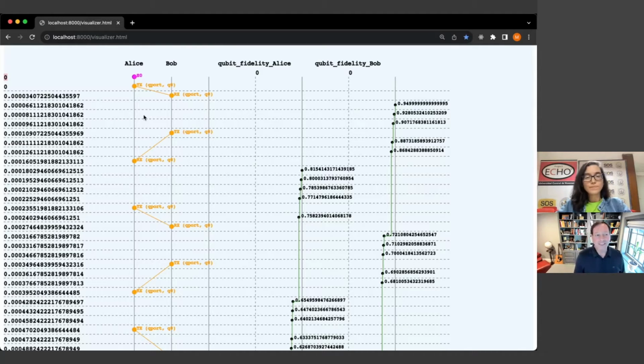Well, I'm no quantum physicist, but it looks like I see the ping pong effect there, and I understand what that means now. It's bouncing the qubit back and forth. One thing that jumps out at me immediately is that from Alice to Bob, the resulting fidelity, I would imagine it starts at 1 with Alice, but then it drops pretty significantly to 0.949 once it gets to Bob. And I notice there's also degradation from Bob back to Alice, and then Alice back to Bob. So the only thing that looks like it's a factor would be in between the memories, where the biggest thing is the fiber optic cable.